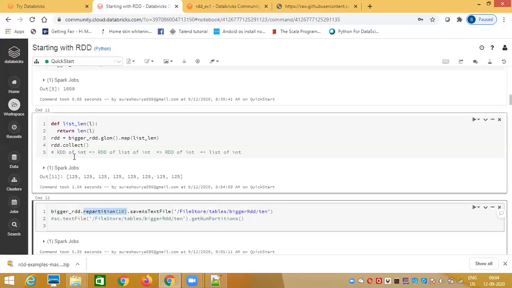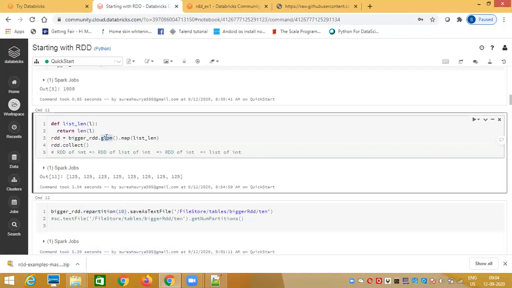Every transformation in the previous example was also the same thing. This is an RDD. The moment you called the long function, it created another RDD. This RDD is now garbage collected. Then you are again calling the map function. It created another RDD, and the previous RDD got garbage collected. Then you are calling the collect function. Every transformation you apply on an RDD, you will end up creating a new RDD altogether.